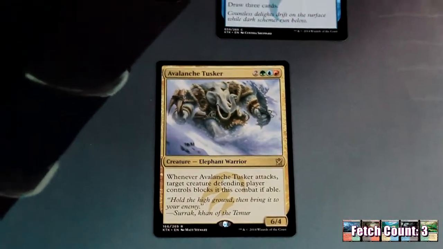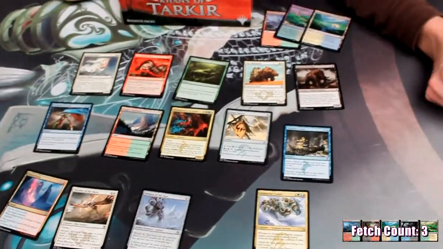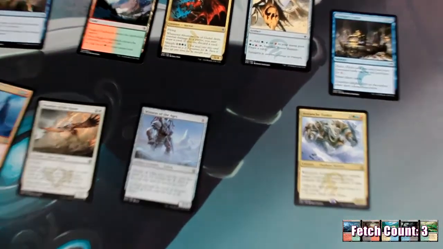Once again, 2 pieces of fixing in a pack. A lot of times near the uncommon land there are 3. This guy is kind of unexciting to me. I think he's fine. Same thing kind of goes for the Avalanche Tusker. I mean, he's a 6/4 for 5, and he makes creatures block, but outside of that...